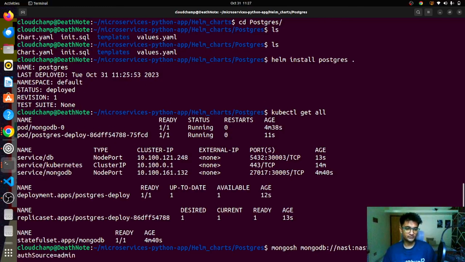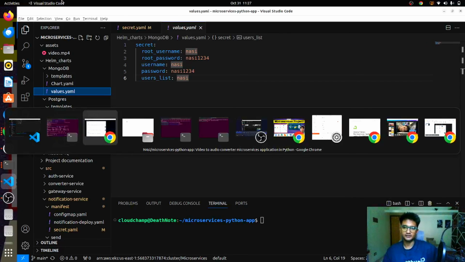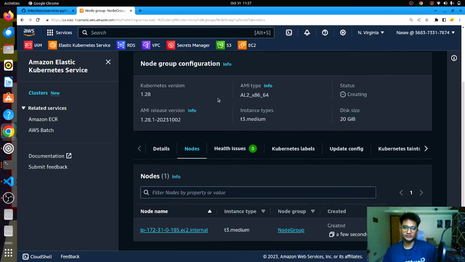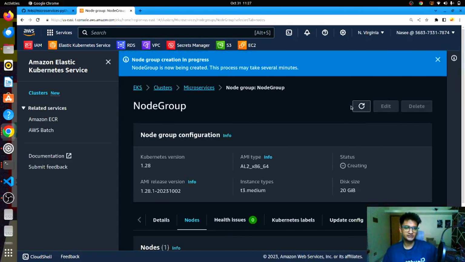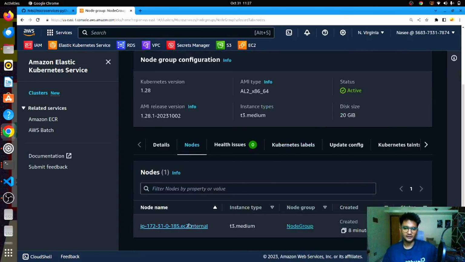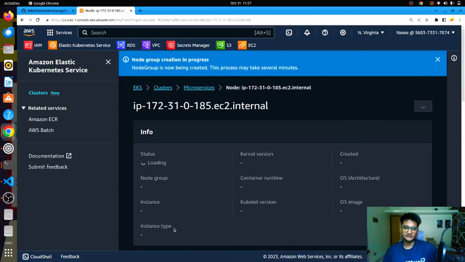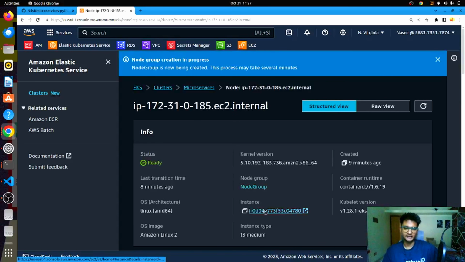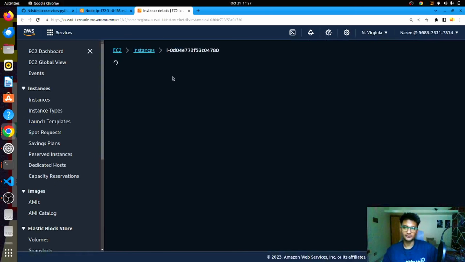For node IP, I need to get the IP address of my node. So how can I get this? I can go here in the node group. In the node group, I'm going to refresh, and you can see the status is active. I also have a node created, so I'm going to click on this and then click on the instance ID. Here in the EC2 instance dashboard, I'm going to get the IP address of my node,